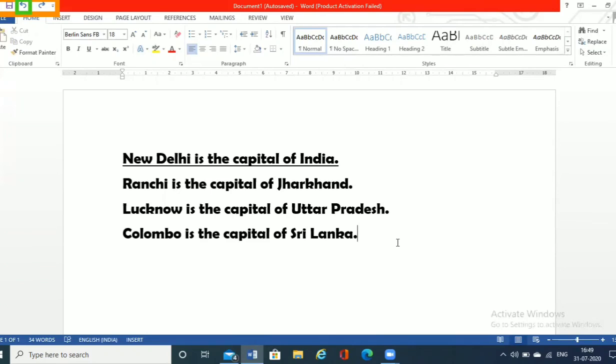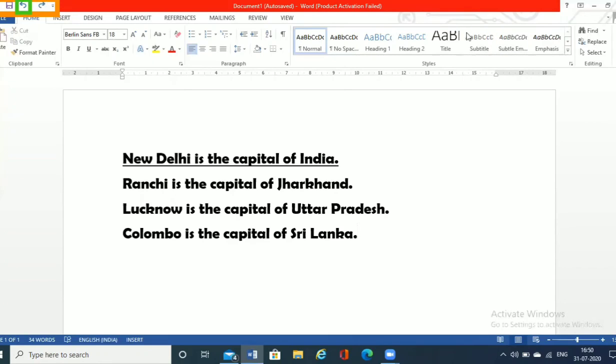And now while I'm showing it to my friend, she's saying that if New Delhi is highlighted in red color, it will look beautiful. So rather than selecting it and once again changing the color of the text, I'll go ahead and click on the redo command.